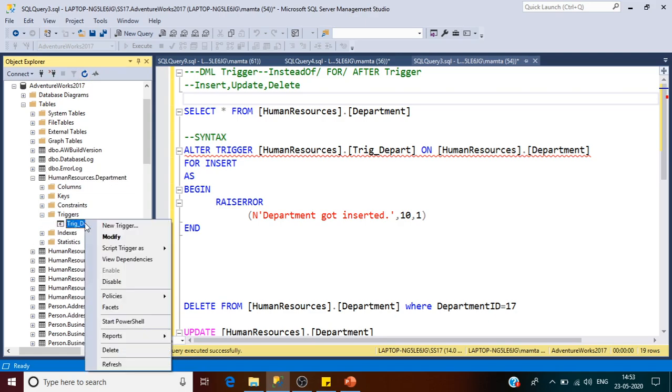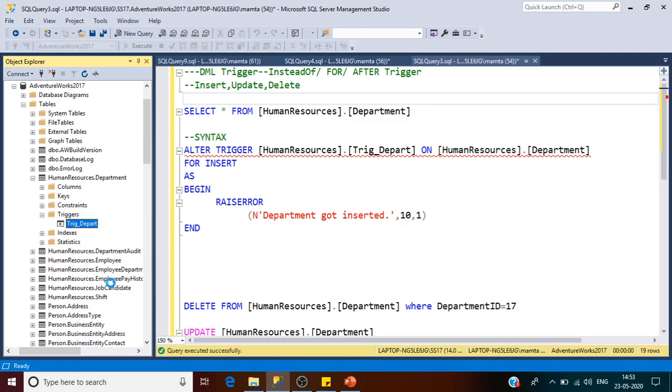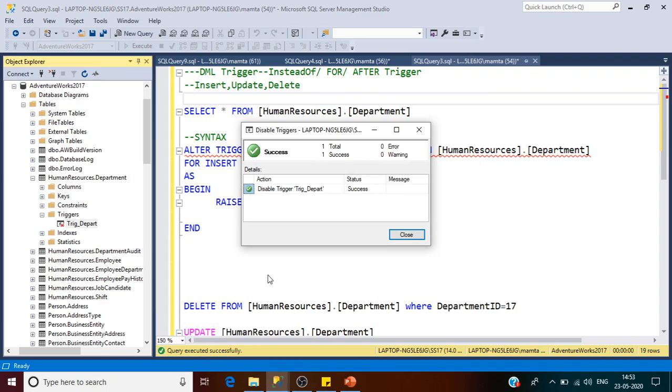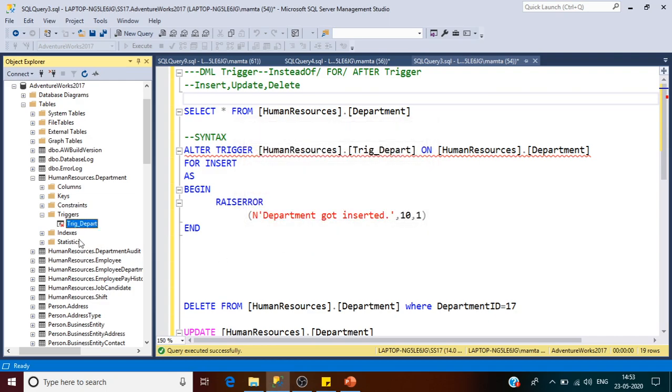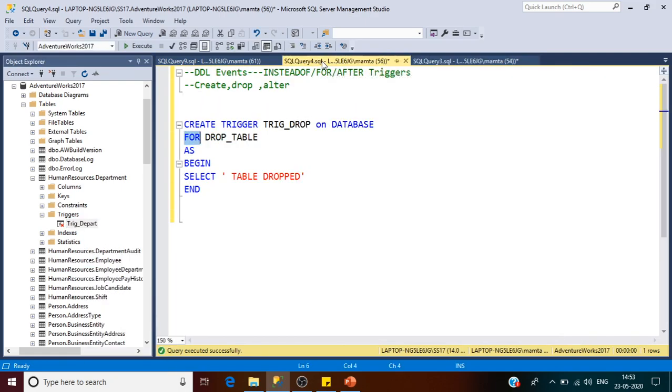As of now, once you create the trigger, by default it gets enabled. But just in case in future you want to disable it, there is an option to disable also. And if you want to drop the trigger, then there is an option to delete as well. Let me go ahead and disable this trigger, as we do not need it anymore. So let me disable it. Here you can notice the red icon is showing it is disabled. In future, if you think we need to enable it again, then you can right click and enable it again.